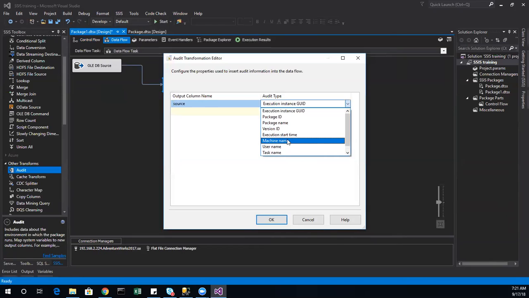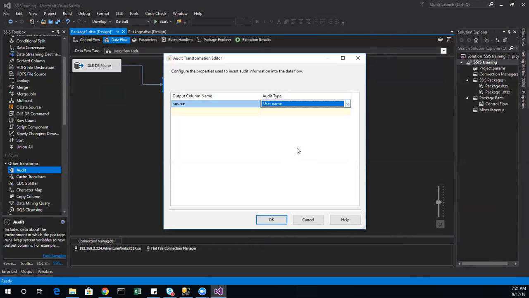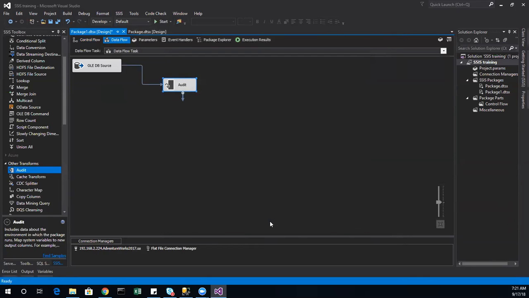Based on the username also you can find, right? Let's say your Bombay store is executing with the username Bombay, you could identify it. Or by your machine name, you can also find where exactly the data is coming from. So you can identify those rows. Let's say if you take the username as an audit transformation, then you could see